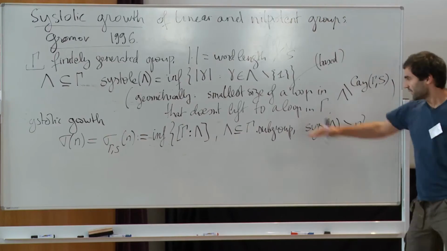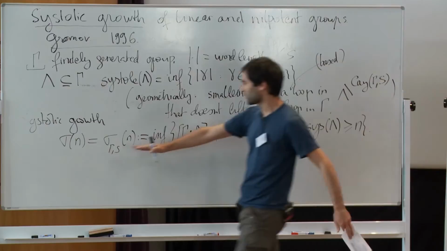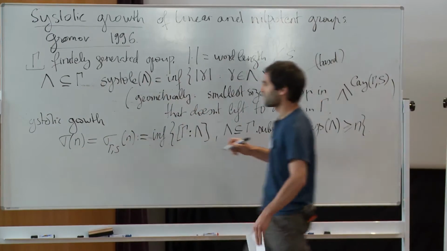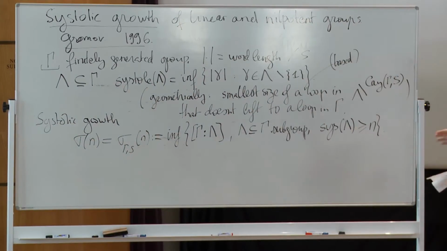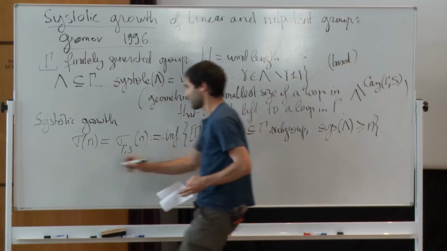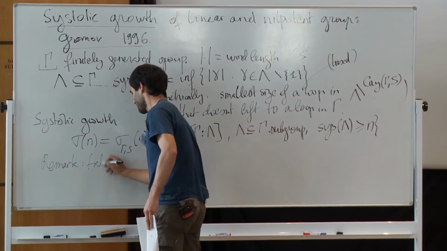So it's possibly infinite. Okay, that's the number, and I want to study this as a function of n. The first basic remark: it's a non-decreasing function, and the first remark is that it takes finite values